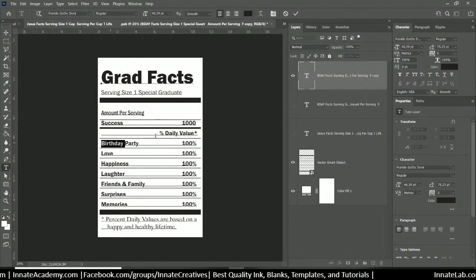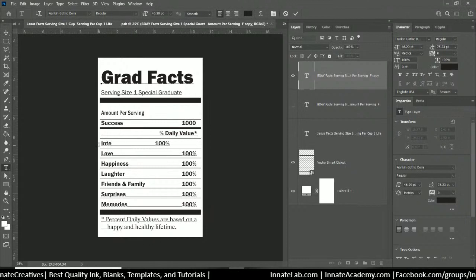All right, and then what are some things that we can think of theme-wise for graduation? I'm just making this up off the top of the dome, but we might put intelligence, and I might even misspell something on purpose, or maybe not on purpose, just to show y'all that we need to use the spell check from time to time. So you have intelligence, you have